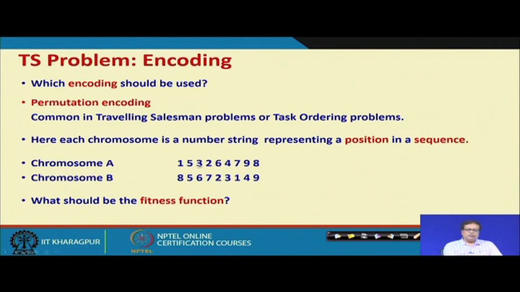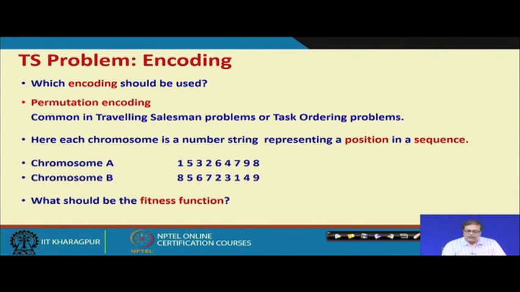So, each chromosome is a number string representing a position in a sequence. Look here, two chromosomes: 1 5 3 2 6 4 7 9 8 and 8 5 6 7 2 3 1 4 9. They are valid representations because each number in the string appears exactly once.